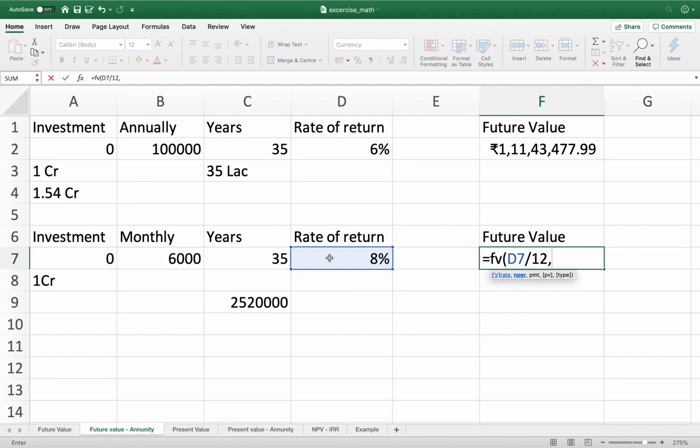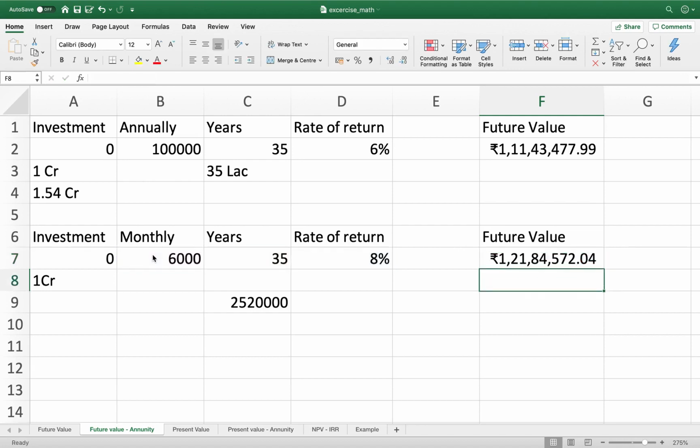Per month rate would be annual rate divided by 12. Number of periods now will become not 35 but 35 into 12, right? And then the payment every month you are going to give is 6,000. No initial amount, so present value is equal to 0. Now you see what this number is coming. Well, this number is also coming